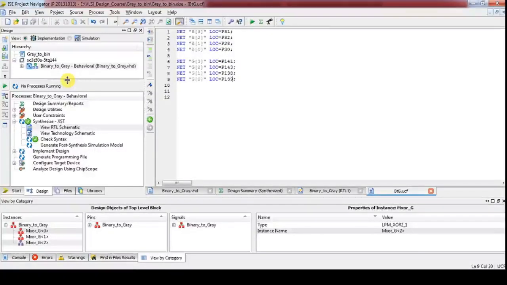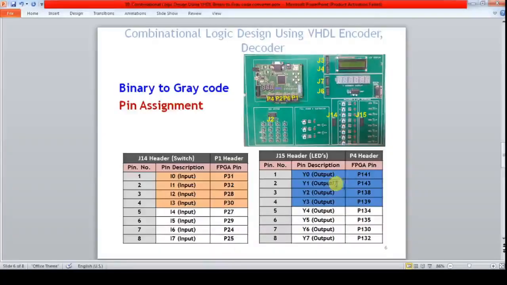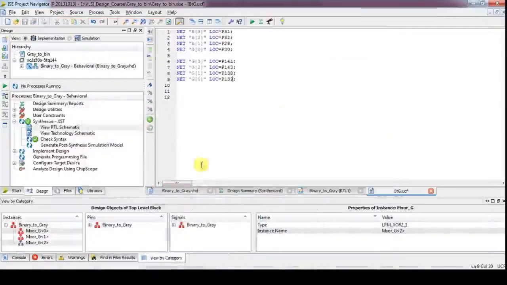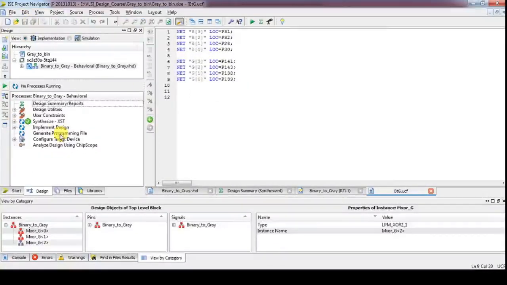So our UCF file is created. Just cross check it with the pin connections. The first LED output, G of 3, is 141, then 143, 138 and 139. Yes, correct. Once the UCF file is generated, save it and generate the bit file, the programming file. So our work is over.